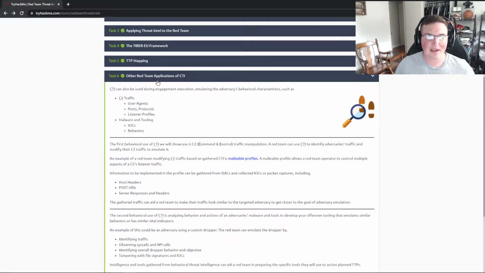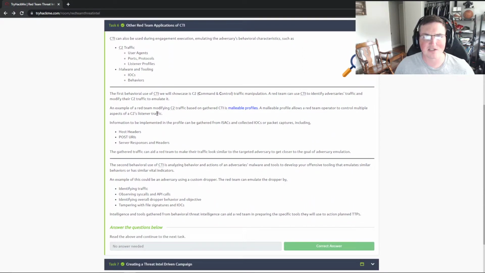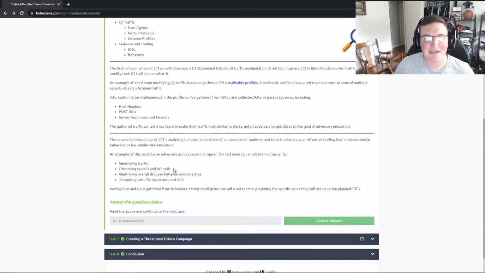They're talking about different red team applications, how you're going to actually do it. Malleable profiles, which is just profiles that can change, be malleable, exactly like they say. And then you can see that you can mimic how an attacker does this, you can get really in detail with how the other attackers do this, basically signatures, if you will. Now, it's not an actual signature, but they are behavioral signatures. And you can see here, file signatures and indicators of compromise. And you're basically just going to, again, mimic these attacks.